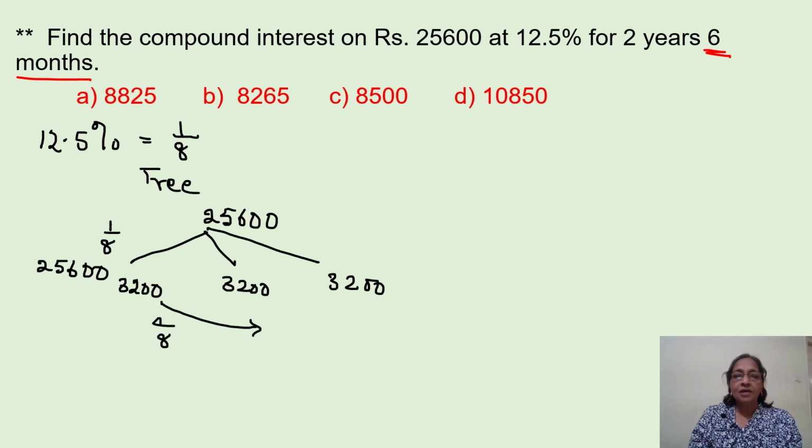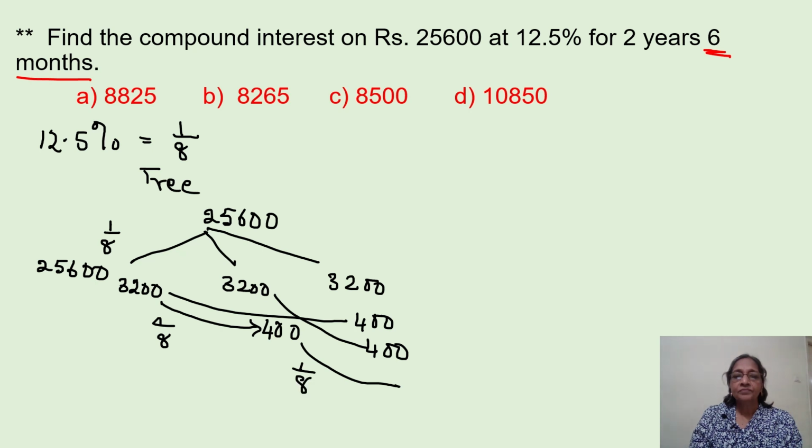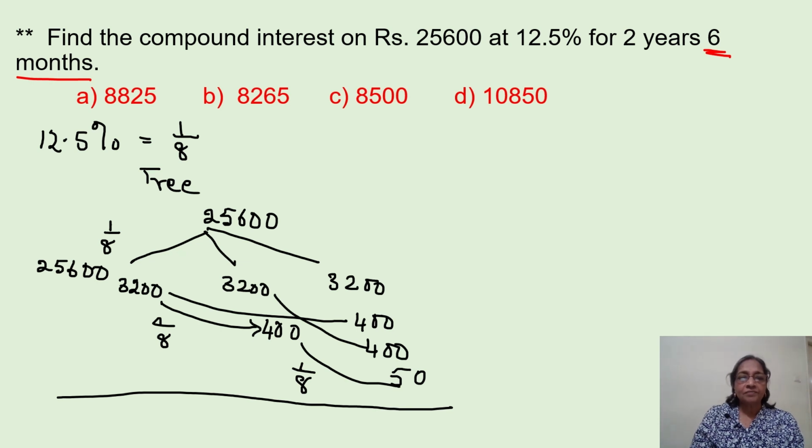So that would be 400, 400 and a 400 from here. And then again a 1/8 from here. Okay. So you see what we have got here. In the first year, it is 3,200. In the second, it is